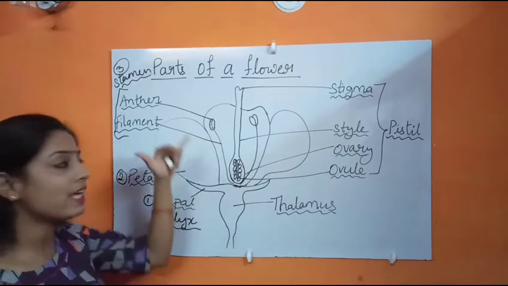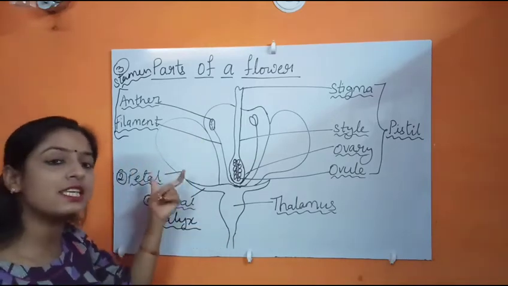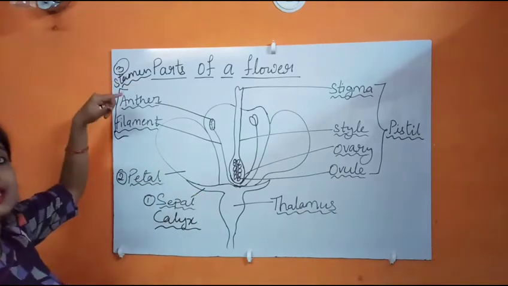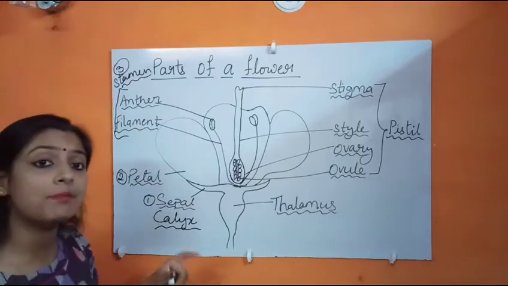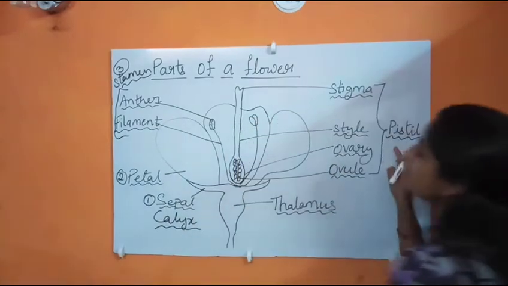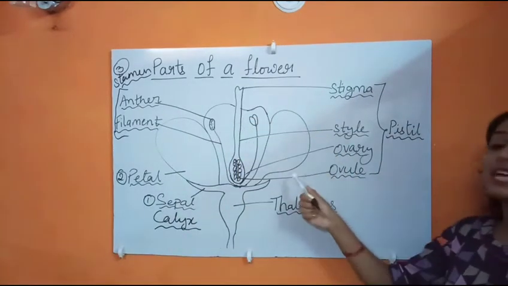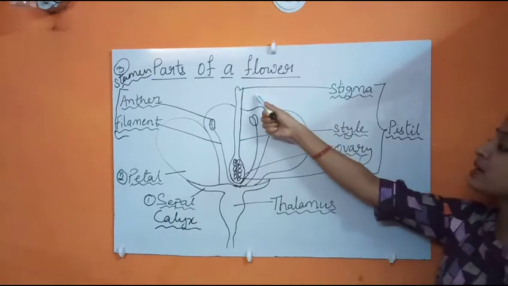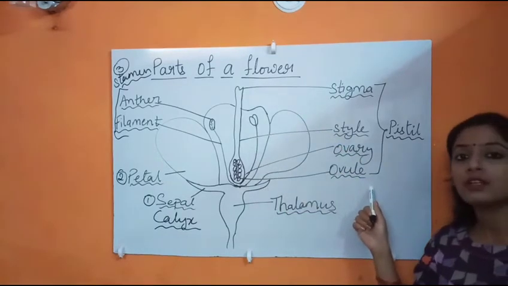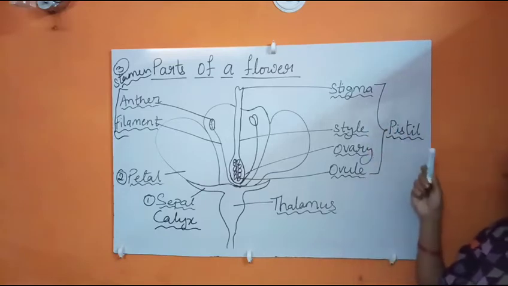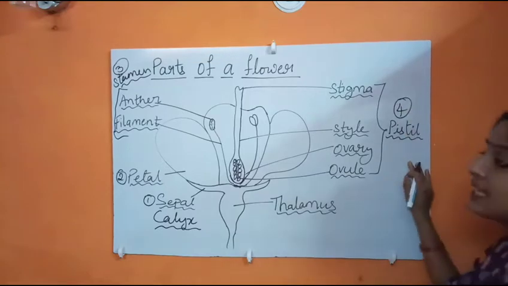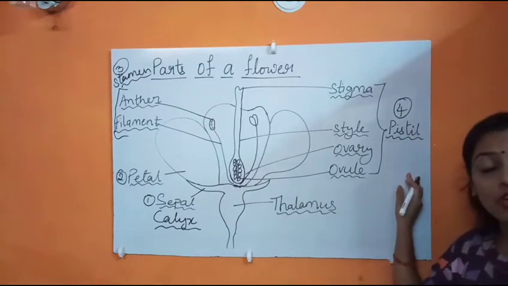Okay, one by one I will take each part. So let us just see all the parts of a flower right now. So number 3 is stamen, and stamen is the male part of the flower. Moving on to next one is pistil. Pistil, it consists of 3 parts: stigma, style and ovary. Ovary contains ovule. So a pistil is the female part of a flower. Fourth one is pistil, and pistil is the female part of a flower.